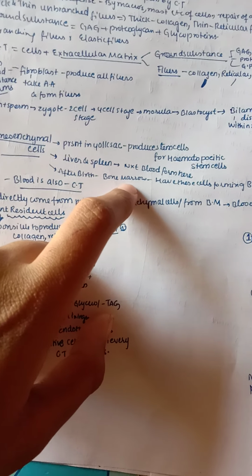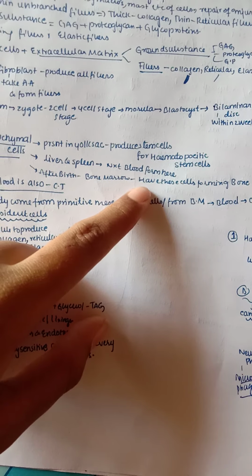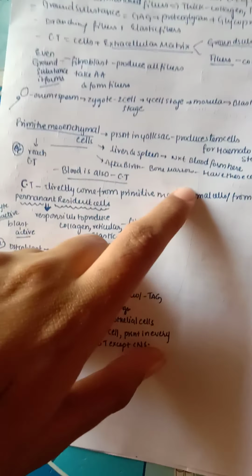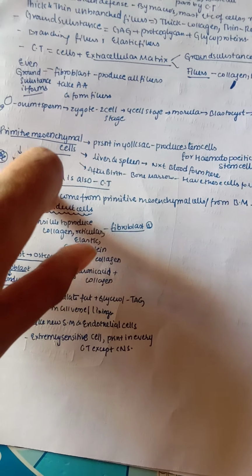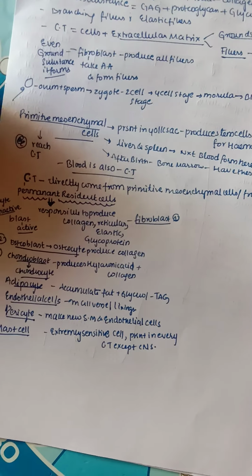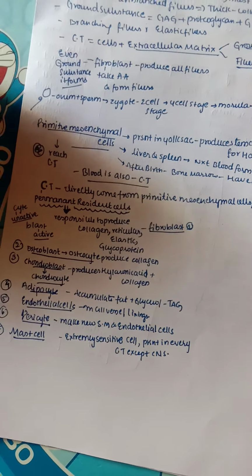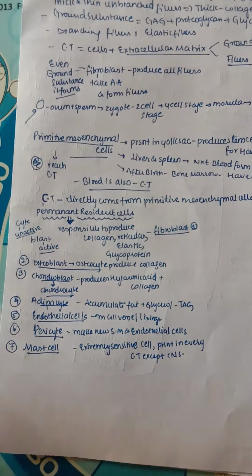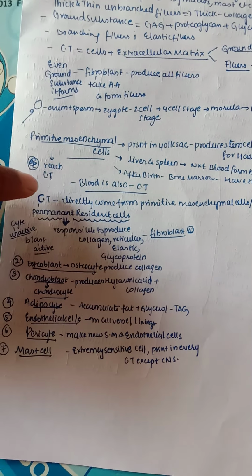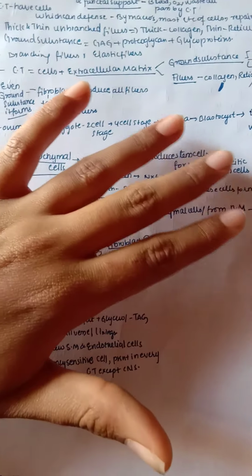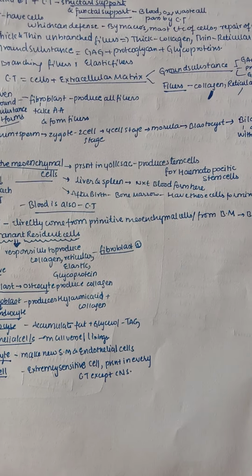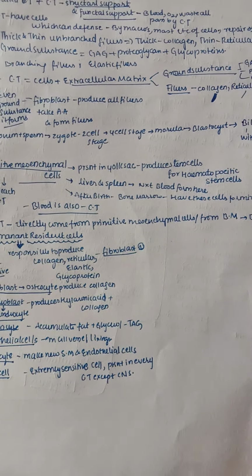Okay, so bone marrow also has the cells which are forming the bone, and after birth these primitive mesenchymal cells are mainly present in the bone marrow. Now even in adult life our blood cells are formed in the bone marrow, as we all know. So the primitive mesenchymal cell may also directly reach the connective tissue, but also may come from bone marrow, reach into blood and then come into the connective tissue.